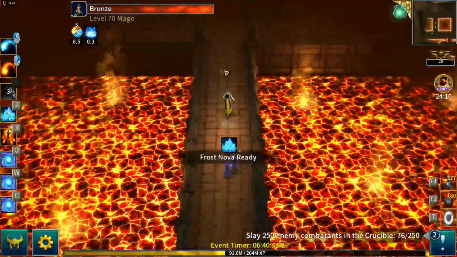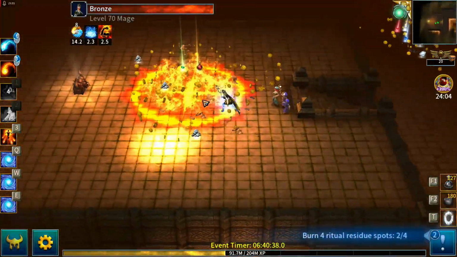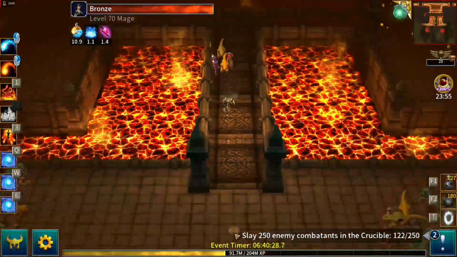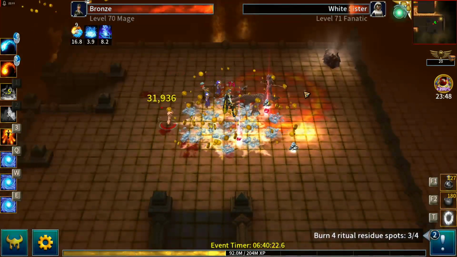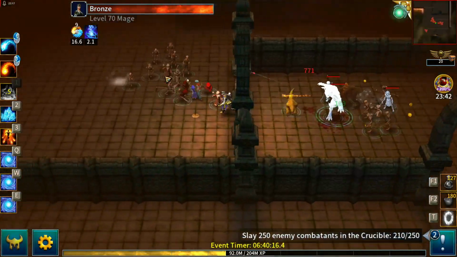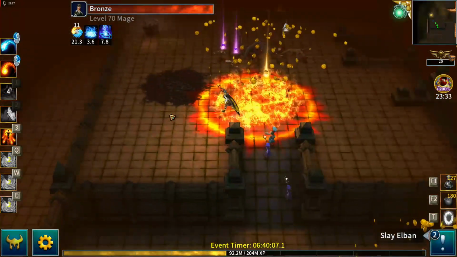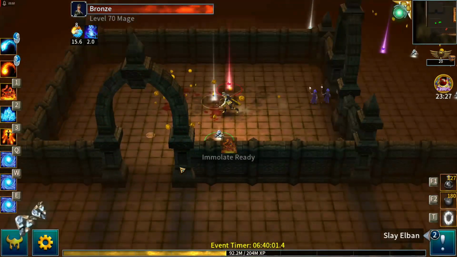That thing is following the broken pathing on this map. You'll quite often see your companions follow broken pathing on this map as well. We'll just get those collected. Run down here. Okay, we've killed enough enemies already. Ritual residue is done. We can go and kill Alban,